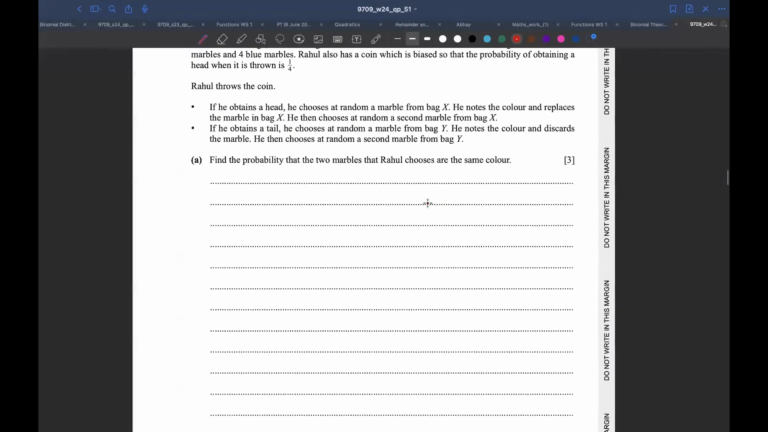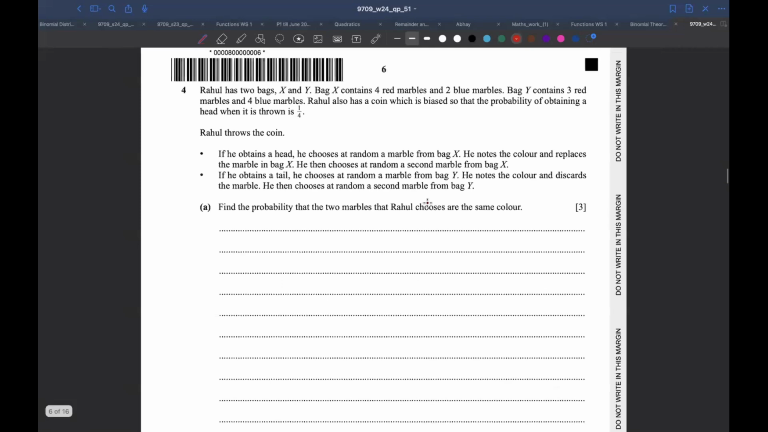In question 4, it says Rahul has two bags, X and Y. X contains 4 red marbles, so we can write it down over here. X has 4 red marbles and 2 blue marbles. Y contains 3 red marbles and 4 blue marbles. Rahul also has a coin which is biased so that the probability of obtaining a head is